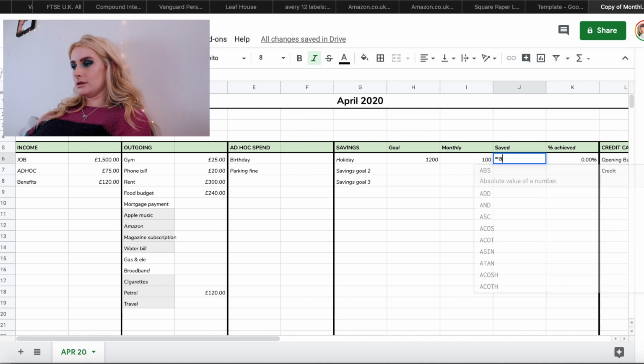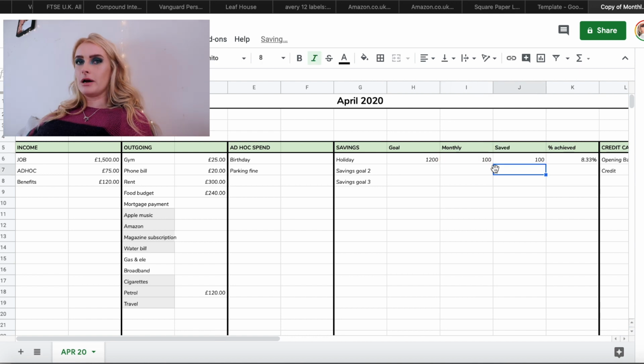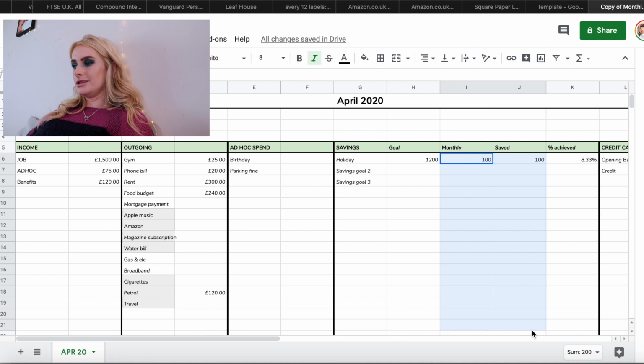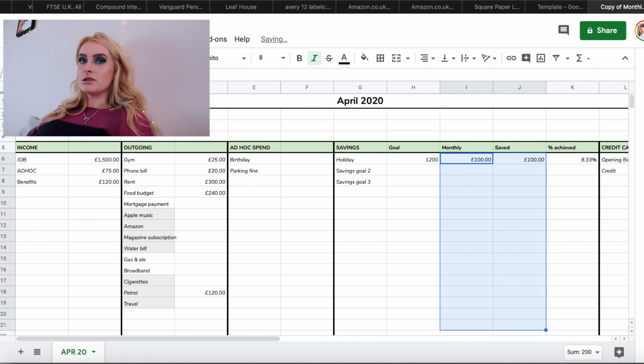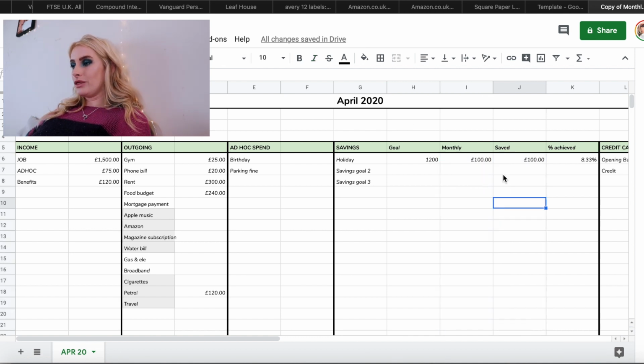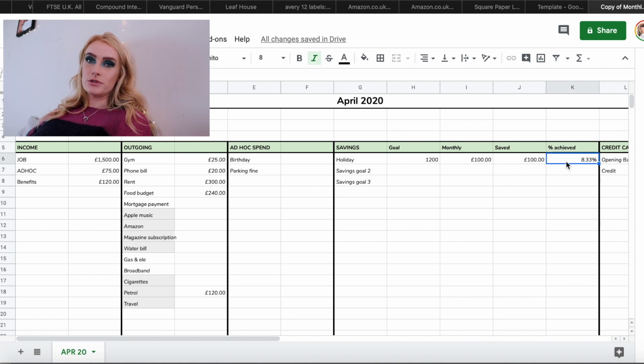So I just do an equal sign here. If I do equals and then the cell number, it basically mimics whatever figure is in that cell. So that's £100. It's really annoying me, some of my formatting keeps dropping. These are all supposed to have the pound sign, but you don't have to put it in there, I just like to. As you can see here, that's 8.33% of our total goal that we've saved this